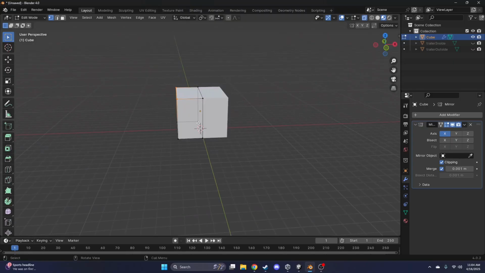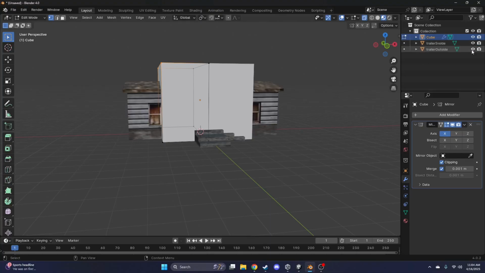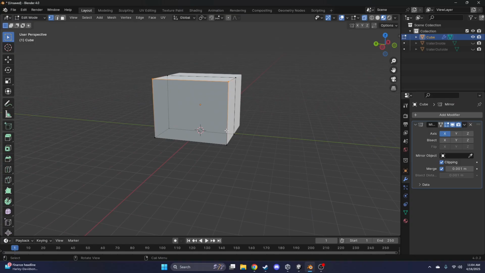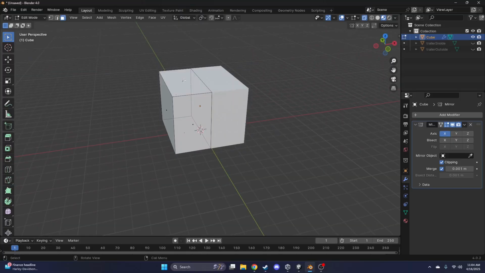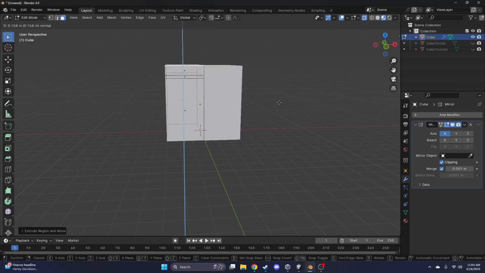So let's see here. So we got the entrance, and then we have the, let's see. Okay, this will be the entrance. This will be some windows. We're just gonna have like a high ceiling. It's like a one-story building, not two-story. But I'm gonna go to the face select tool, and I'm gonna go ahead and extrude upwards, and then I'm gonna go ahead and extrude upwards again,